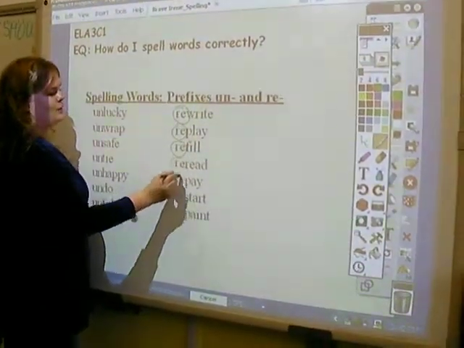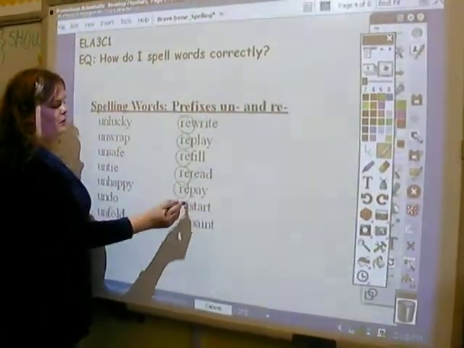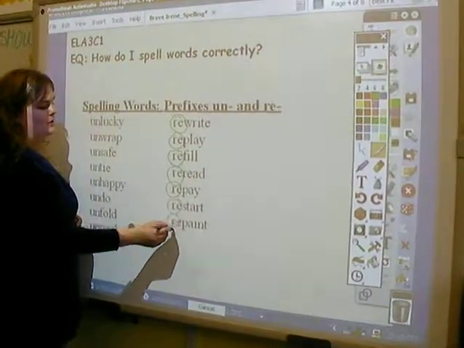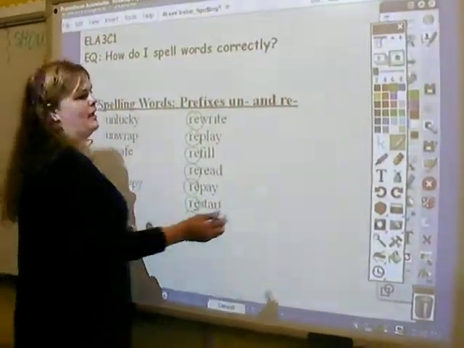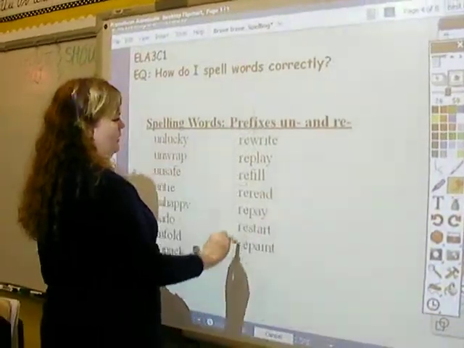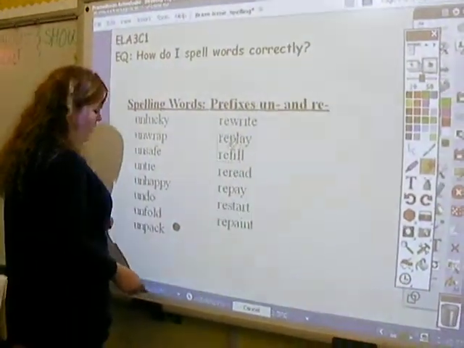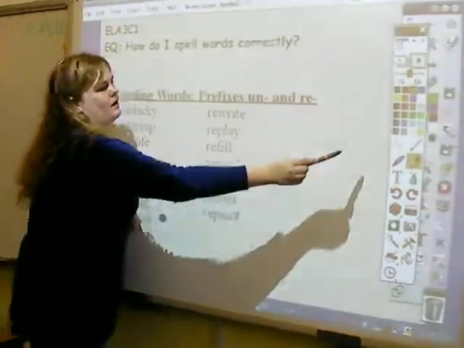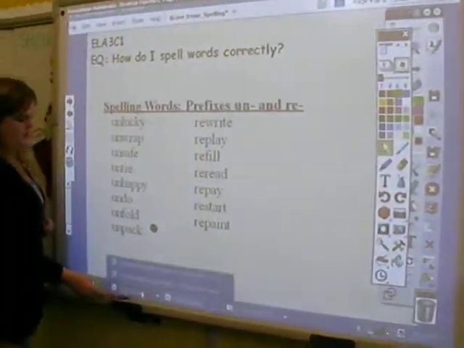This way it leaves little room for error as you go over it with your students, and they're able to clearly see what the correct answer should be. I just want to erase this real quick. There we go. One more example of how I would use Smartboard technology is with worksheets that I've made up